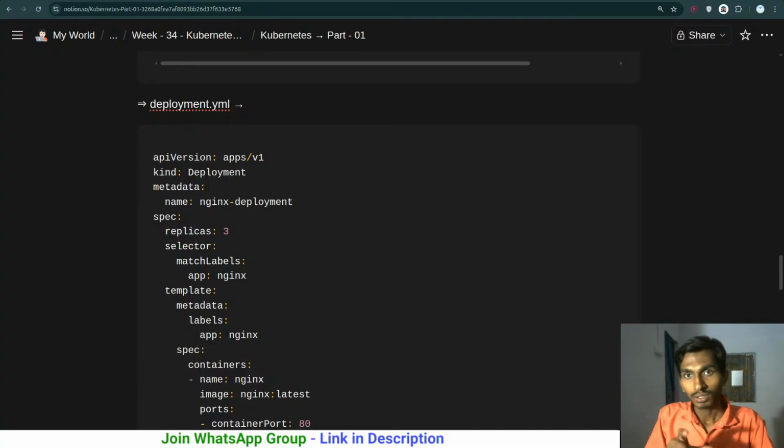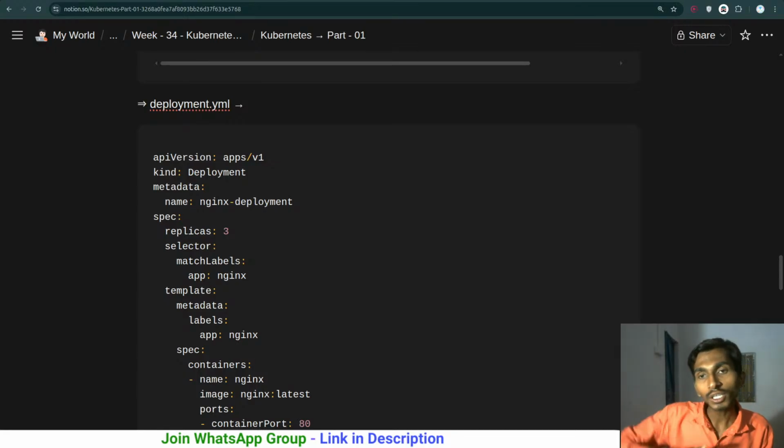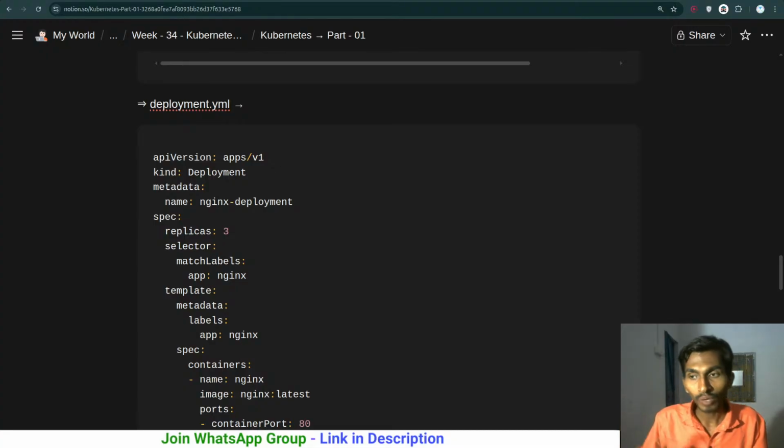Replica set is responsible for deleting the extra. Suppose you created lots of pods, so it will be deleting extra pods. So how will it check whether that particular pod belongs to this replica set? Replica set recognizes the pods based on their labels. So you will be giving labels to the pods, and on the basis of the label, replica set will recognize the pod, and on the basis of that, it will check, okay, these are the pods under my